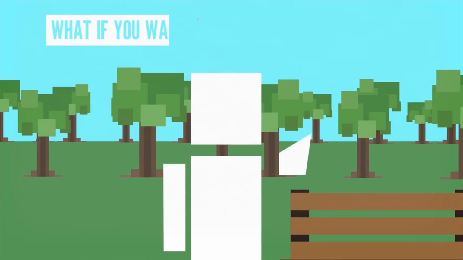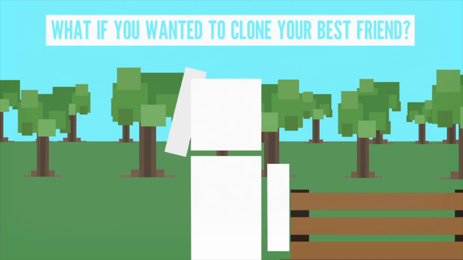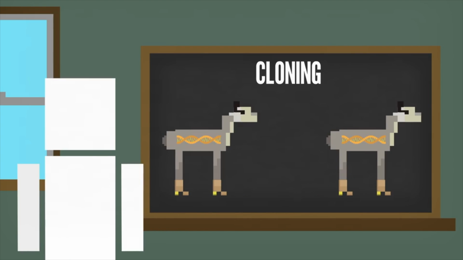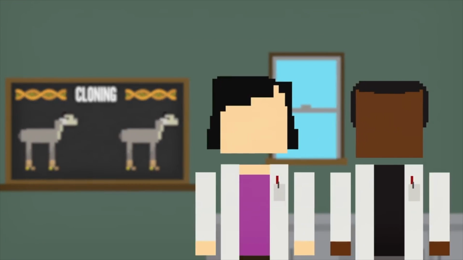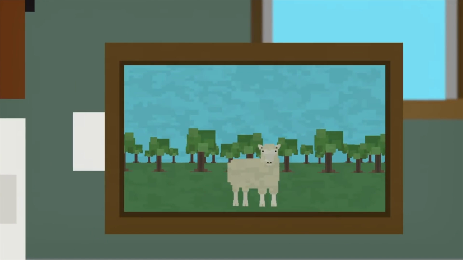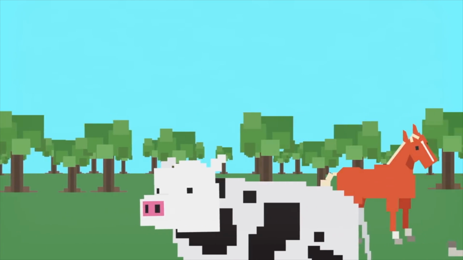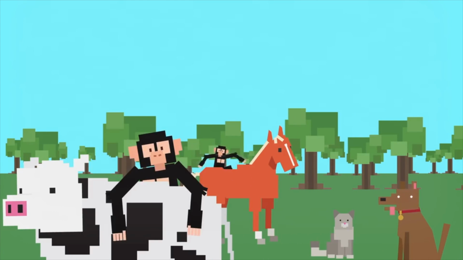But what if you wanted to clone your best friend? Or even yourself? How would that even work? Cloning is the process of producing a genetically identical copy of a living organism. It can be done on many scales, from replicating basic DNA to a complete genetic copy of a living thing. Scientists have cloned a bunch of animals in the last 100 years, most notably the infamous Dolly the sheep in 1996. Now we've got cloned cows, horses, cats, and dogs running around, and just recently, 2 cloned monkeys joined the